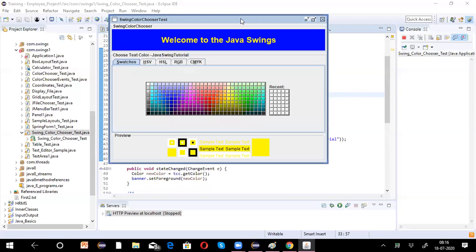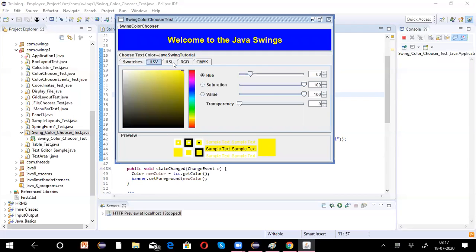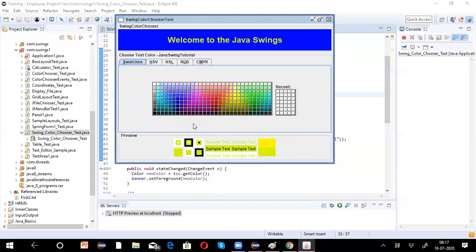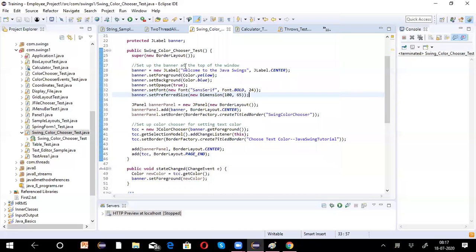So this is a color chooser. This is predefined. We have not written any code to implement all these things. The only thing we have done is write the content here. We can use this JColorChooser, a built-in component, in our applications to choose the color and apply it. For example, whichever color you choose, it will be applied. The text content is changing according to whichever color you choose. So this is the JColorChooser which you have.